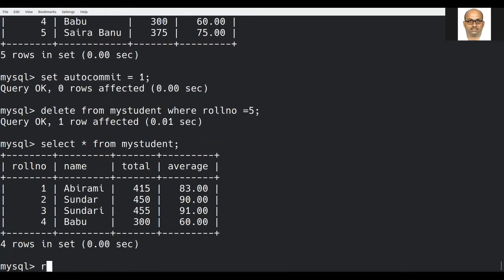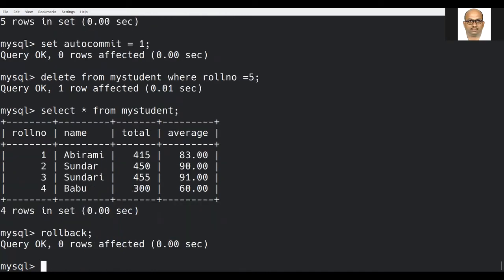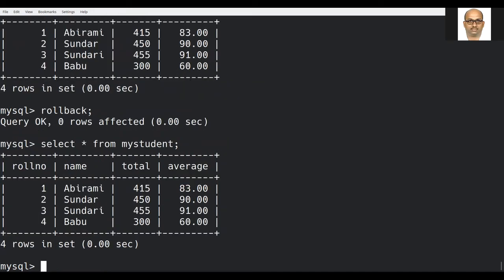Now let me give a rollback. Query OK, 0 rows affected. Now let me check. See here, when autocommit is in the on state, I cannot retrieve the deleted record.